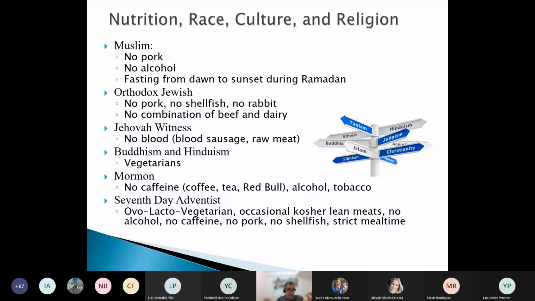dietary requirements. So for Muslims, the people that follow the religion of Islam, they cannot have pork in any form. They cannot consume alcohol in any form, and they have one month per year in which, from sunrise to sunset, so meanwhile the sun is out, they cannot drink. Not everybody. They exclude people that are sick, pregnant women, some children, etc.